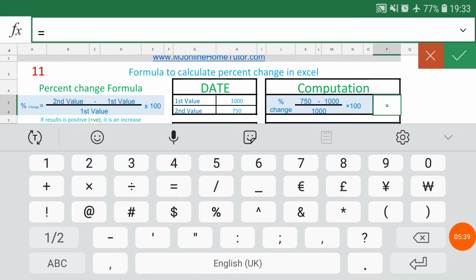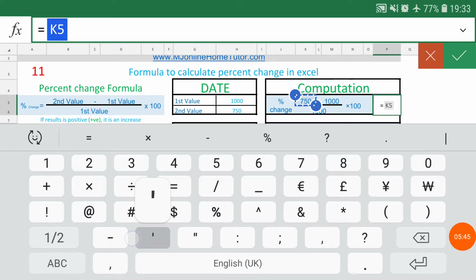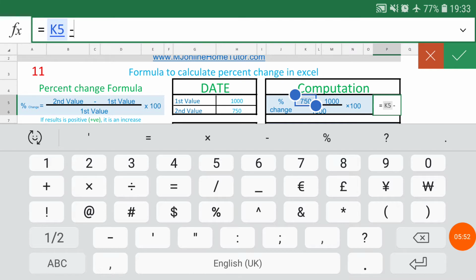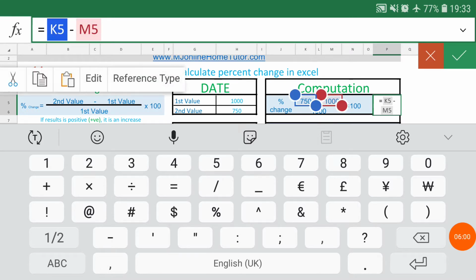I'm going to apply the formula, which is very simple: 750, that is K5, minus M5, that is 1000, and we will keep these numbers in brackets.